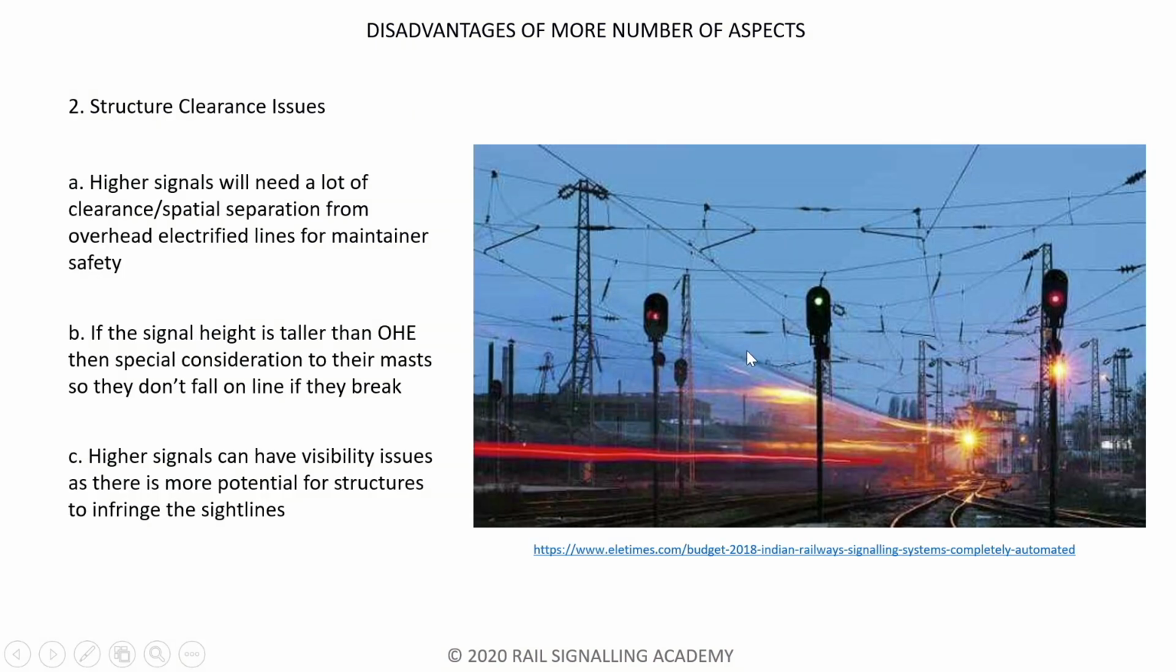Now let's look at the next one. Now this one is more severe, and we'll see why. Next one is structure clearance issues. On this picture here, you can see that there's only 2 lamps or maybe 3 lamps, but you can see that if the signal had 6 lamps or 9 lamps, then it starts being dangerously close to the overhead